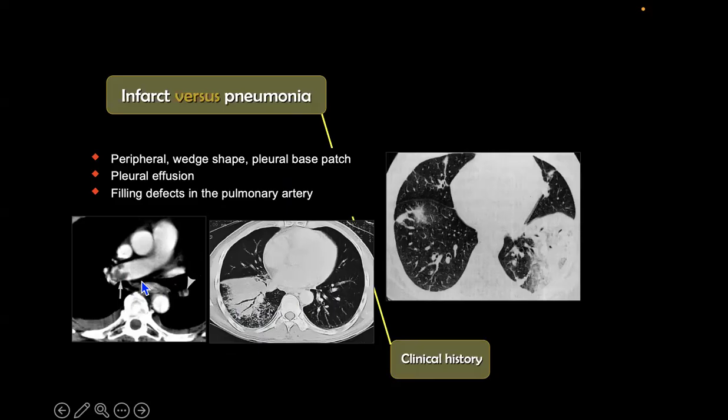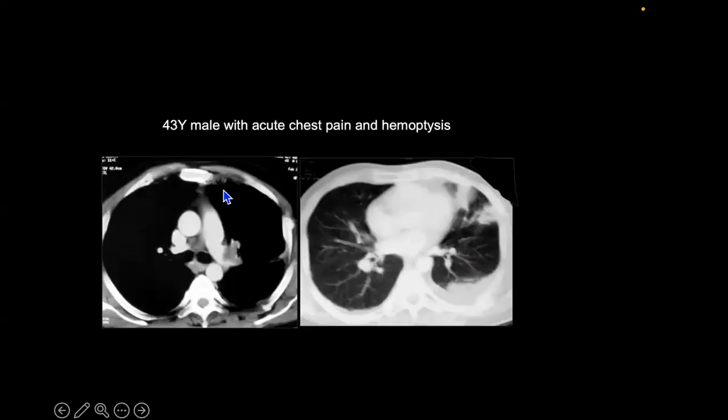So the plan of management changed completely. He was referred to the imaging department as a case of intestinal obstruction, and the diagnosis was that of pulmonary emboli and venous emboli concerning the mesenteric veins. Fortunately enough, he didn't have bowel ischemia. So these are the emboli. They are associated with the infarcts.